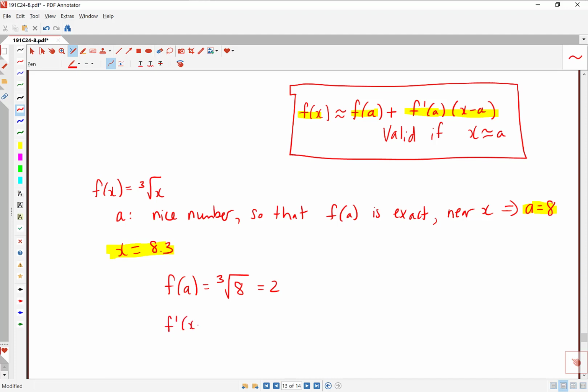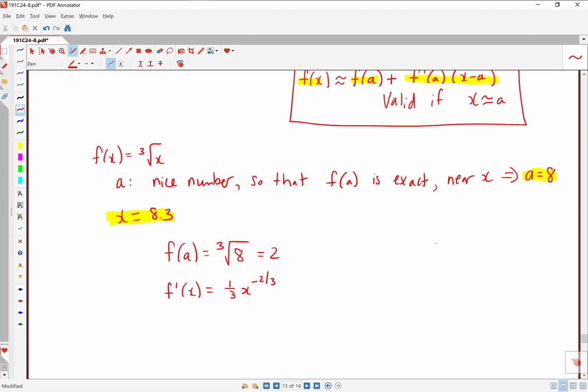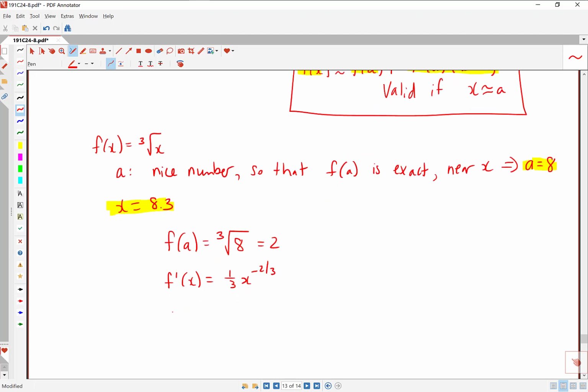So let's start by calculating f prime of x. Our function here is x to the 1/3. If we take the derivative of that, we get 1/3 x to the minus 2/3. And let's plug a into that. So f prime of a is what you get when you go 1/3 times 8 to the minus 2/3,